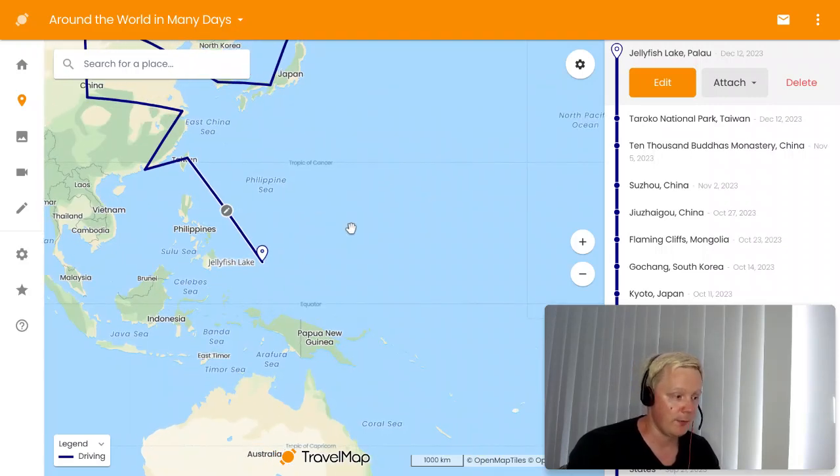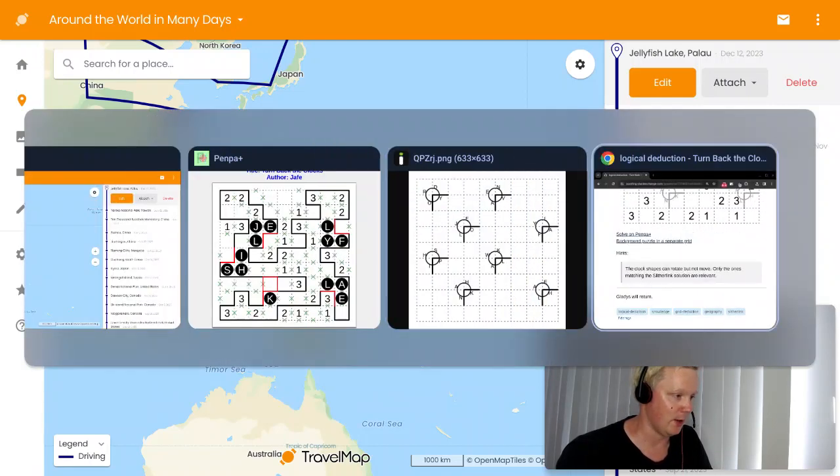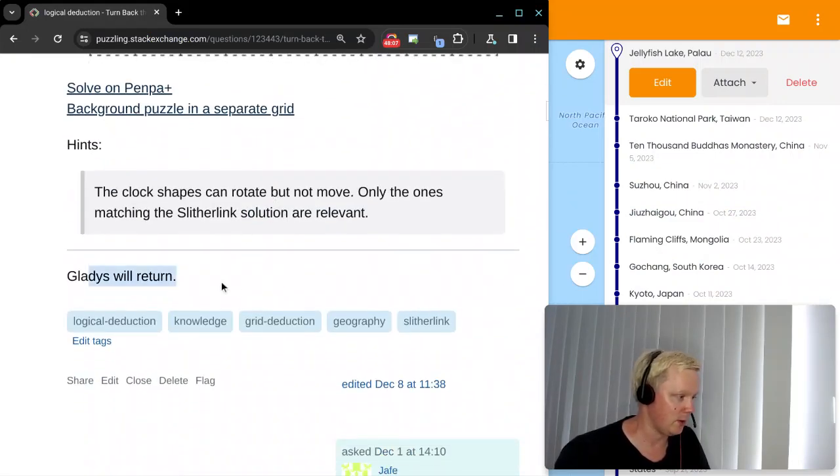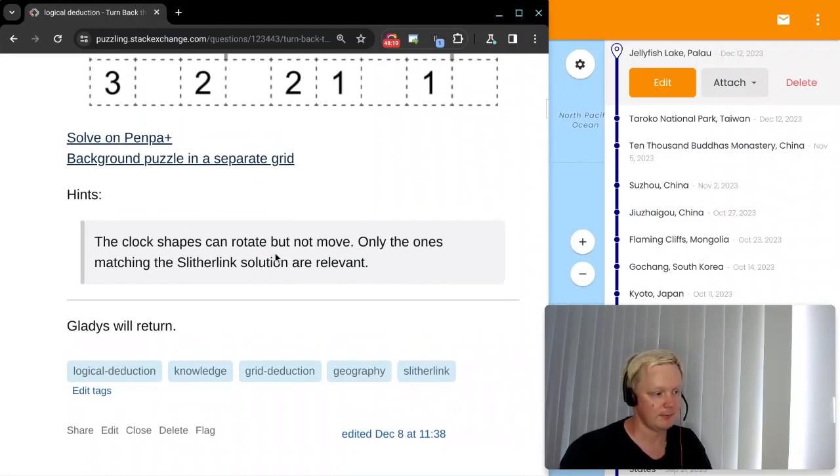Now, episode 46, we are in a sort of odd situation in that I actually don't know the name of the next puzzle. It's going to be a cryptic crossword, for once a sort of normal crossword, just a cryptic crossword, no side puzzle, no extra rules, just solve cryptic clues and find the answer. And that's basically it. And if I scroll down to the end of this one to find out what it's called, it just says Gladys will return, because I haven't come up with a good name yet, but I will. So